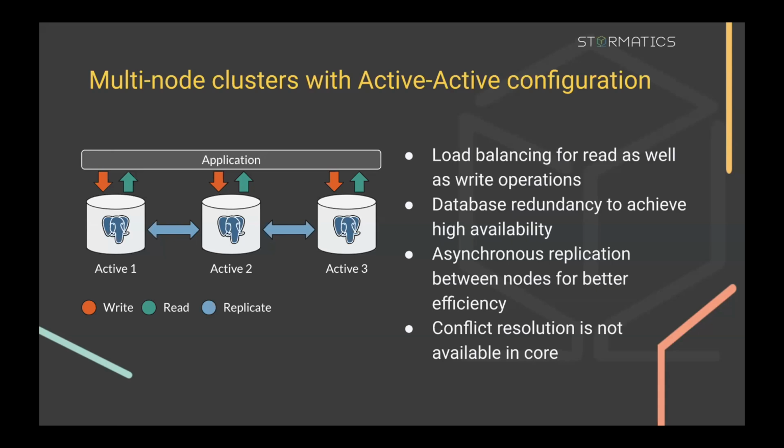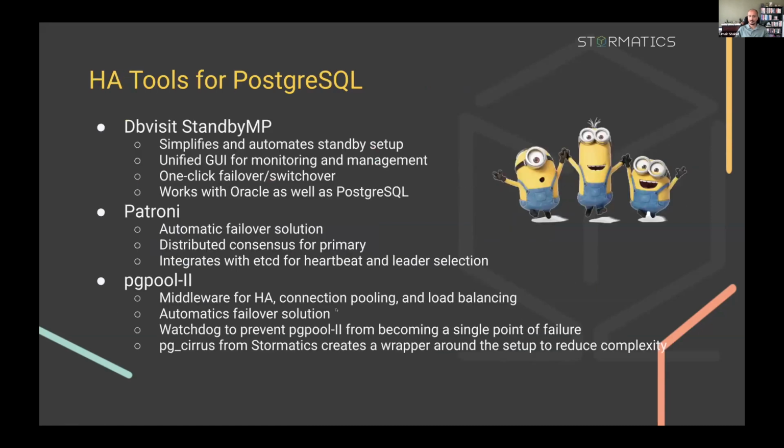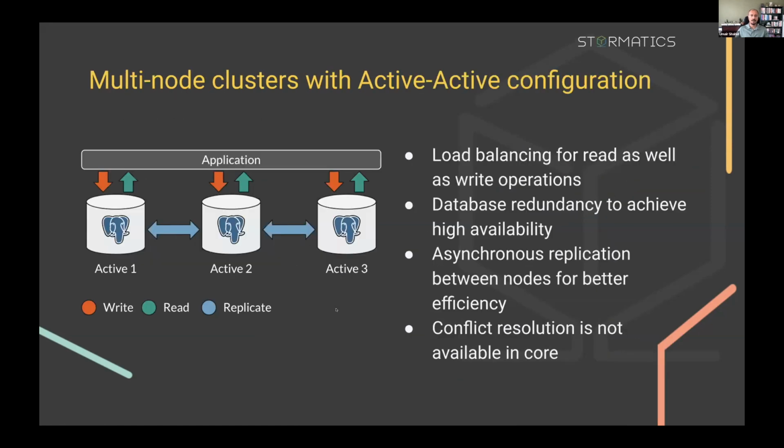Let's assume you've got an active configuration of some kind, not using shared storage. Let's leave out all the details. Fundamentally, how do you avoid data conflicts? Right. So in this particular case, if you look at the diagram in front of you right now, in order to make sure, using open source Postgres, that no conflict exists between active 1, active 2, and active 3,